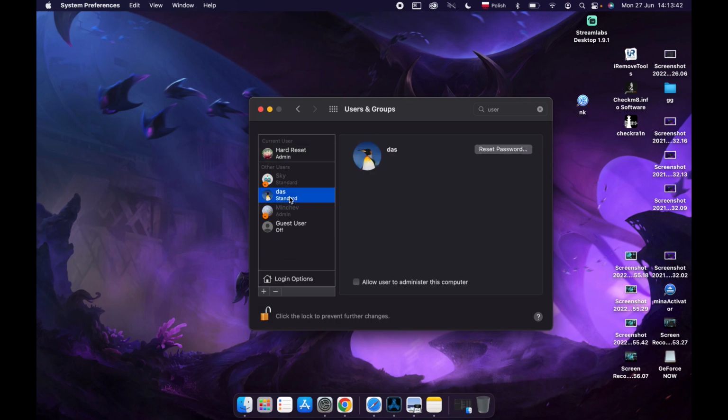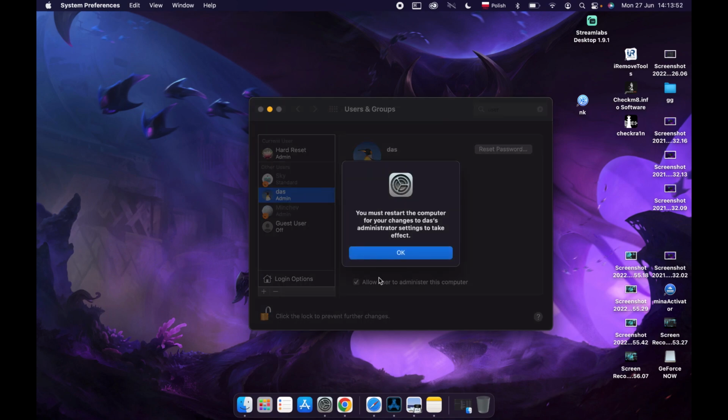Now select the user you want to give admin privileges. For me it's gonna be that one. You can also create a new one by pressing on this plus button. Now select allow user to administrate this computer, and here you will need to restart the computer for your changes